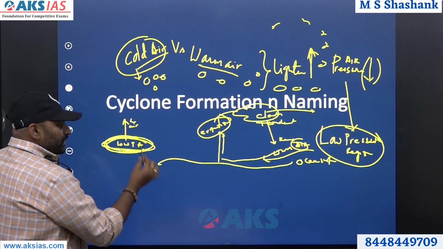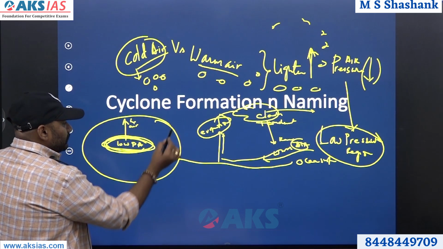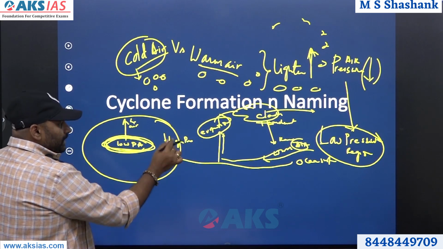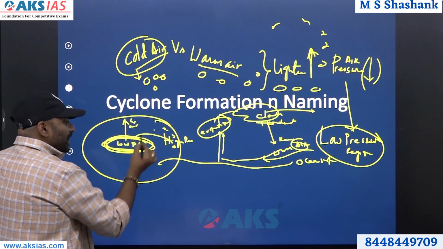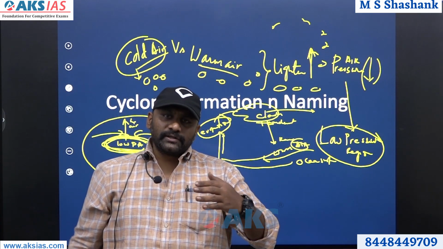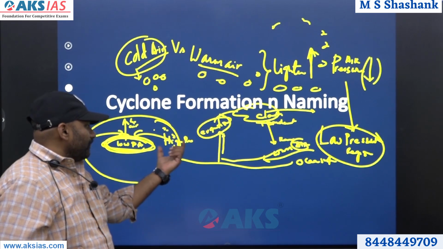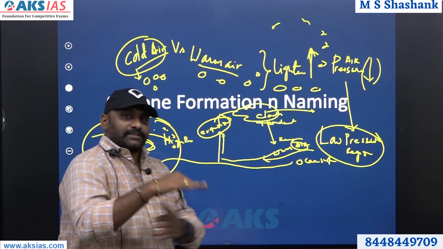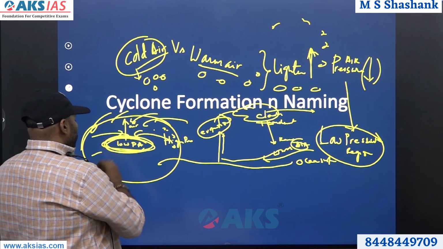Now when this is a low pressure area, what about the surrounding areas? They will be high pressure. When there is high pressure, because cold air is still there, this high pressure air will start moving inside. Movement of molecules always takes place from high pressure areas to low pressure areas. Therefore, this air will move very fast from high pressure areas to low pressure areas. So a huge collection of air will happen